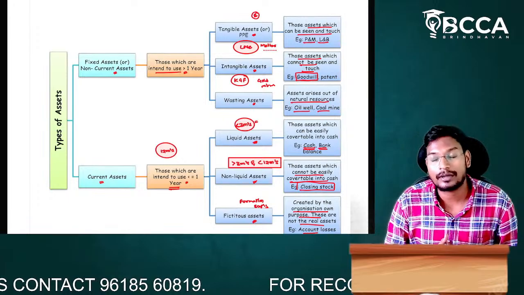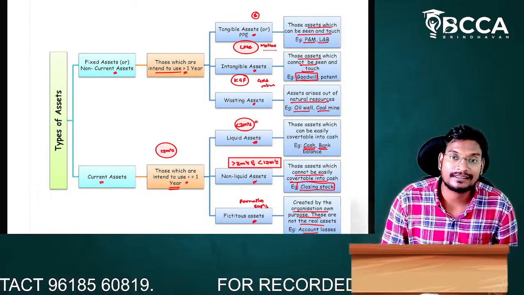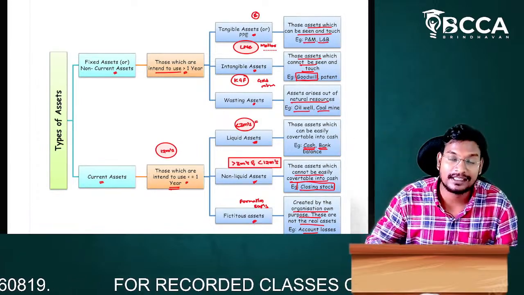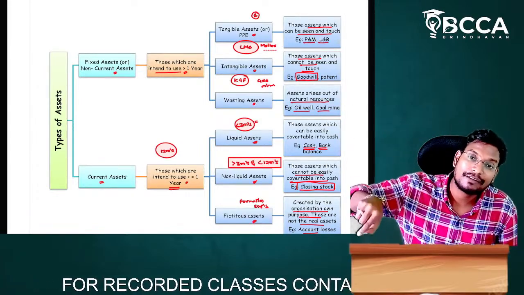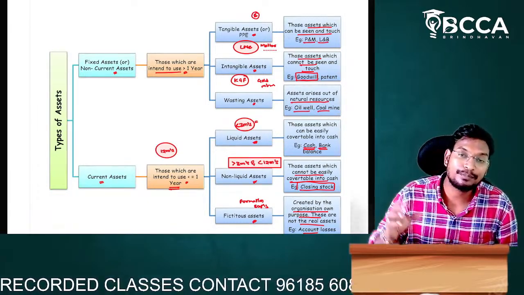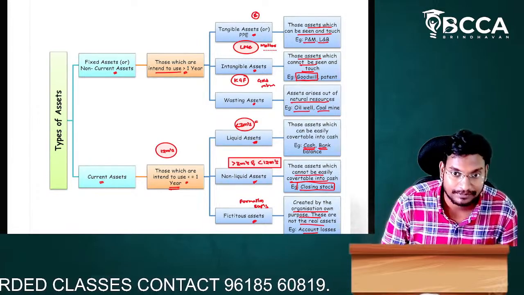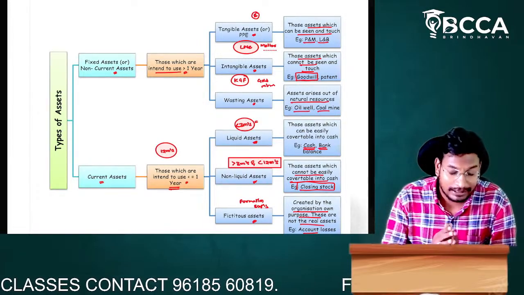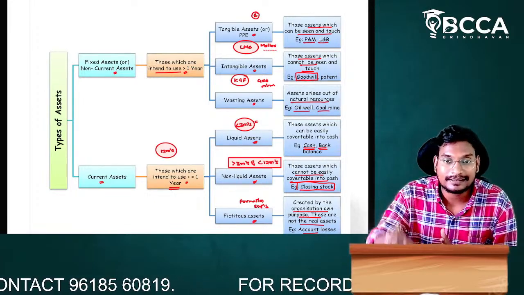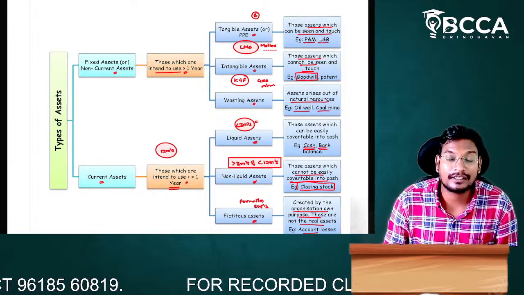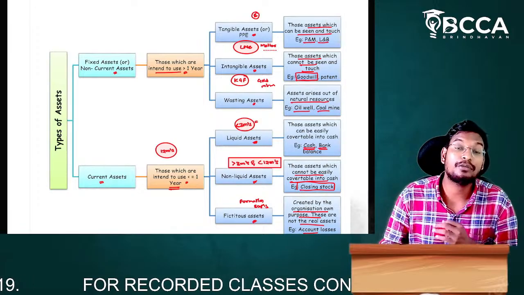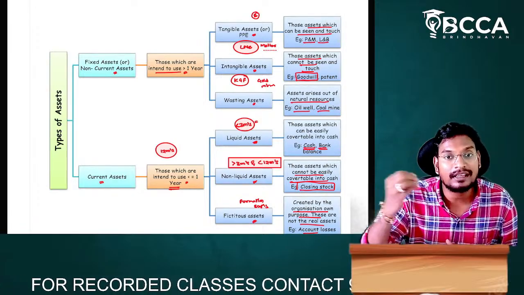Next one, what, sir? Drawings. Drawings should be deducted from the capital. Why, sir? Because we have taken an example: the owner has invested 10 lakhs into the business, and the owner has taken away 1 lakh from the business. That means ultimately we have to pay the owner 9 lakhs. Because of the drawings, the capital balance is reducing. In the same way, think about interest on drawings also. Here the drawings is an asset, and on that asset we are receiving interest. That means because of the interest on drawings also, the capital balance will be reduced. We have to deduct it from the capital.